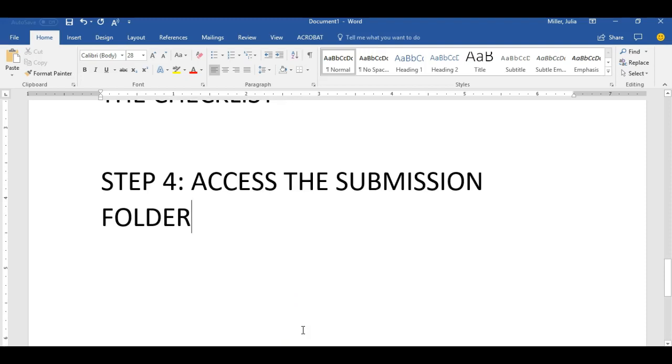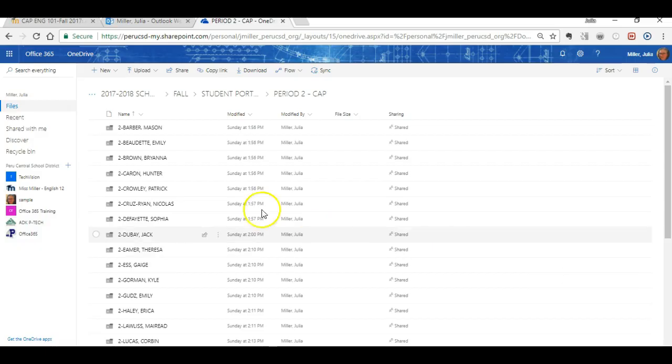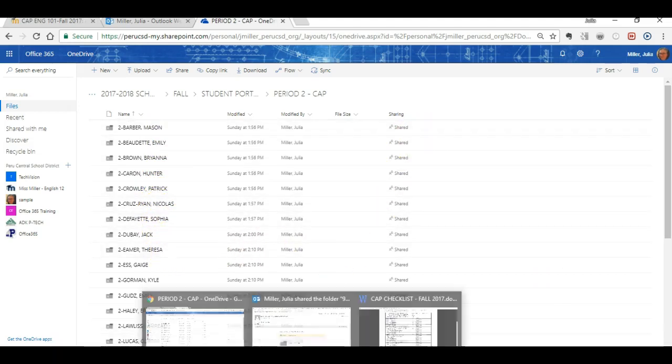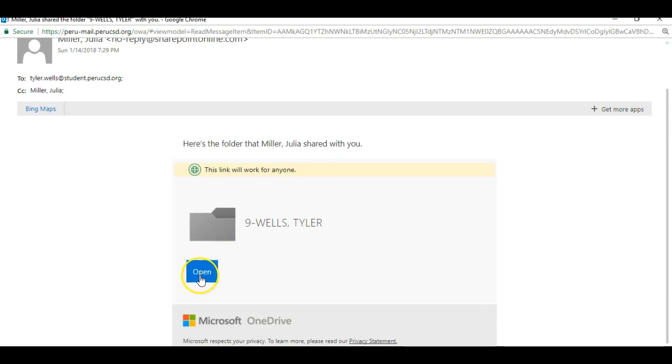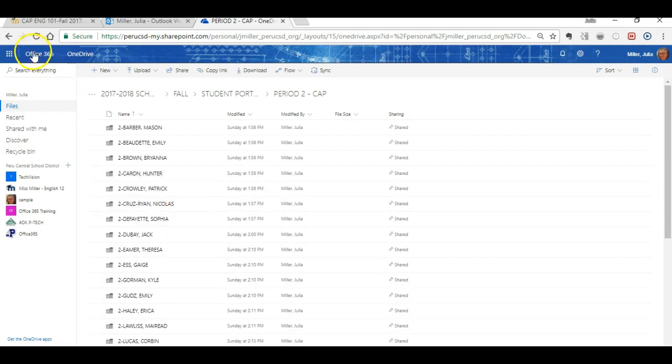Step 4, access the submission folder. And you can get to this in 2 different ways. I have created a folder for each of you in my OneDrive. I shared it to you, and you each got an email in your school email that looks like this. Remember, you get to your school email by going to Office 365 and Outlook. You can either click the link that's in that email or go to Office 365 and go to your OneDrive,